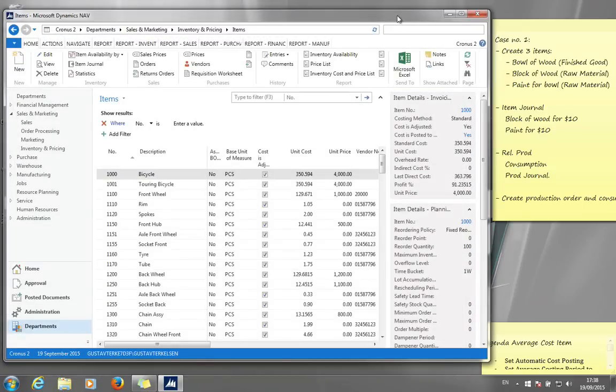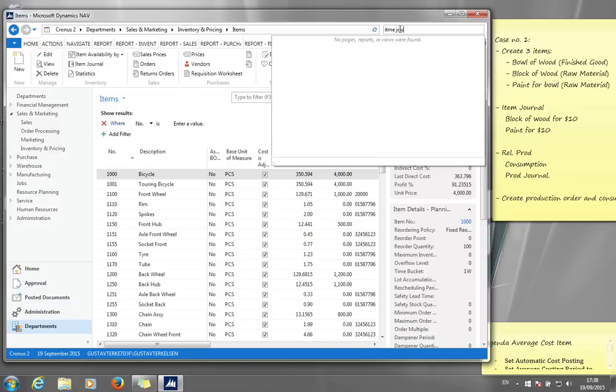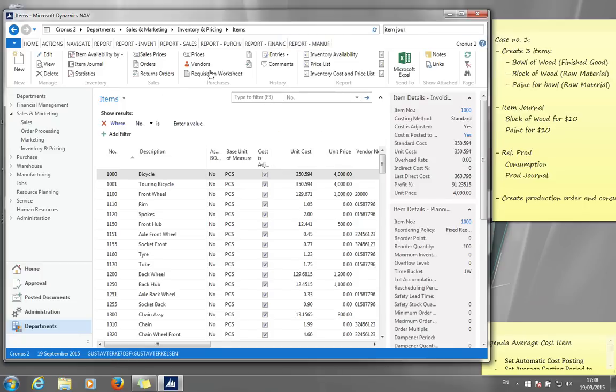We might need to adjust a few things to them, but we'll see that if we get some error messages. So the next thing we need to do is to go into an item journal and put some of these raw materials on stock, because we cannot consume them unless we have them available in inventory. So item journal, like this, and